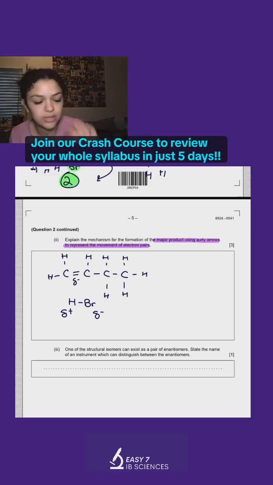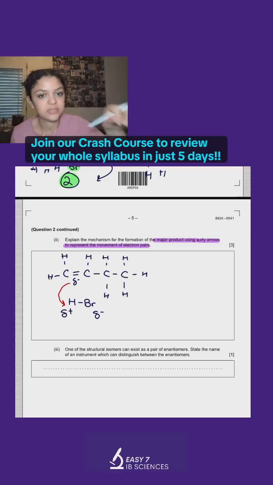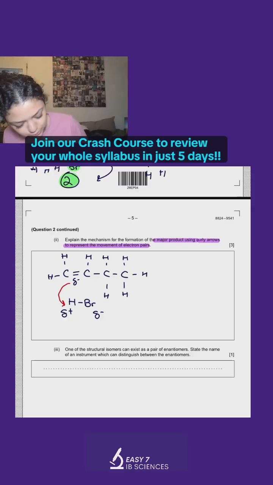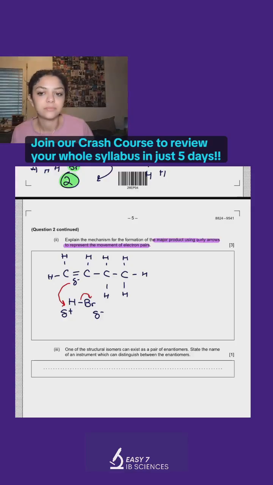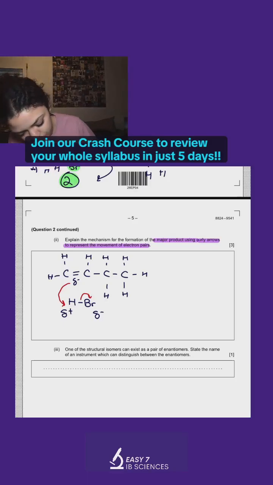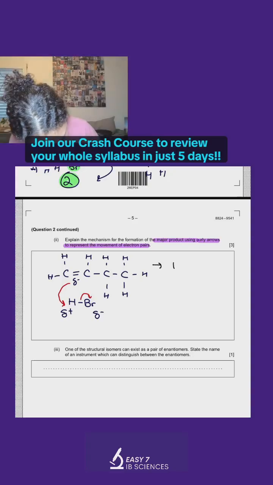Now, what do you actually need to write to get the mark? You need to draw your butane-1-ene. You need to draw your HBr. I'm going to do the things in red. So my negative gets attracted to my positive hydrogen because we know they just attract. Then what ends up happening is that it wants to give its electrons to hydrogen. Hydrogen takes your electrons because you're much more reactive, and pushes away its electrons to bromine. So now bromine has extra electrons. So that's the first step. And then you draw your arrow, and you have your